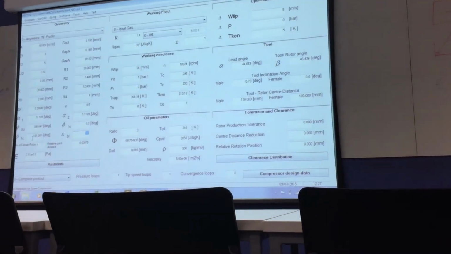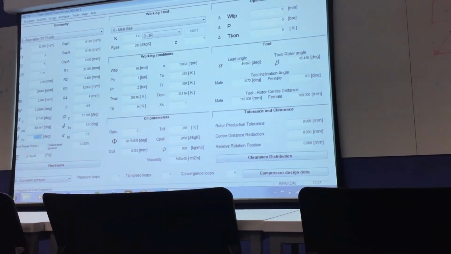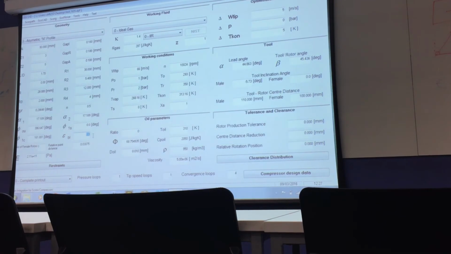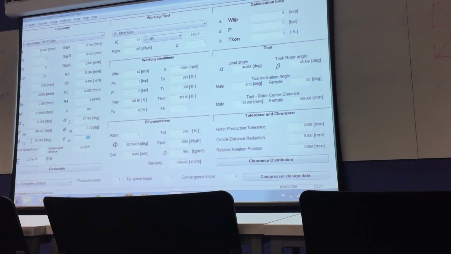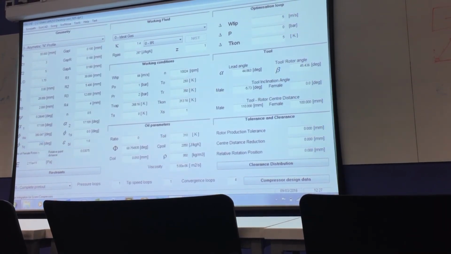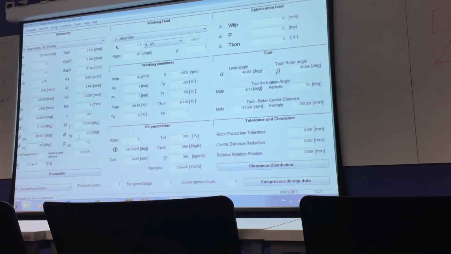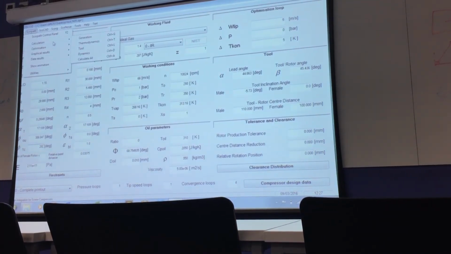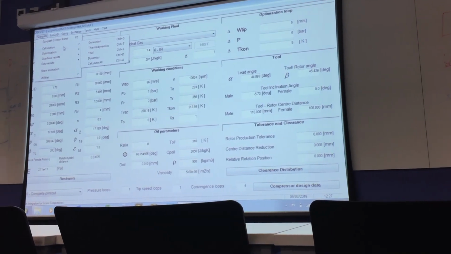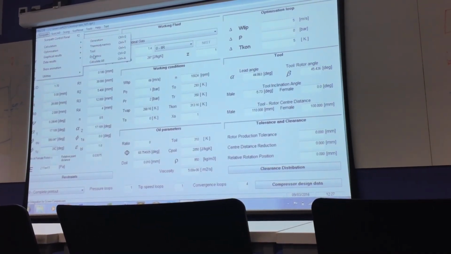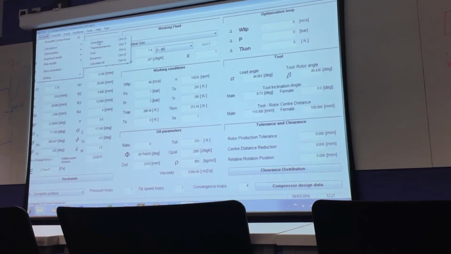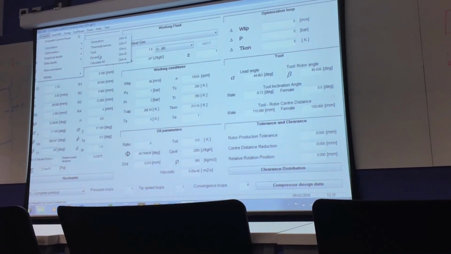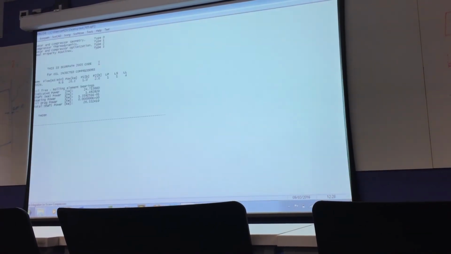This 161 I got from here. Either I can make this 200 or I can increase this built-in volume. So I'll prefer to make this 200. And then recalculate thermodynamics. Now because I'm changing some geometrical aspect, I'll have to recalculate generation as well, because the port area has changed, or I can do a calculate all.